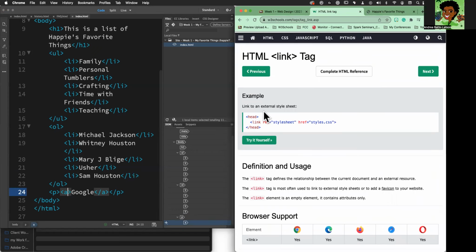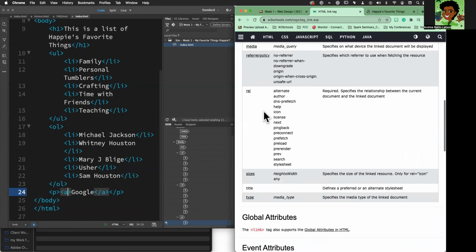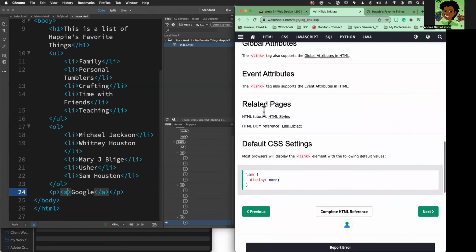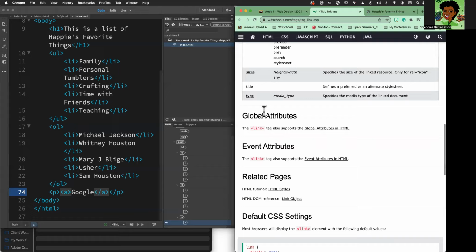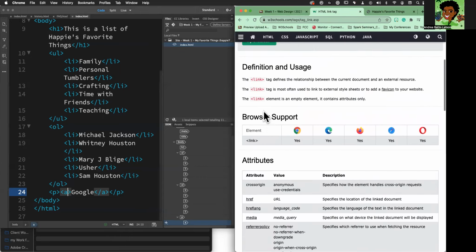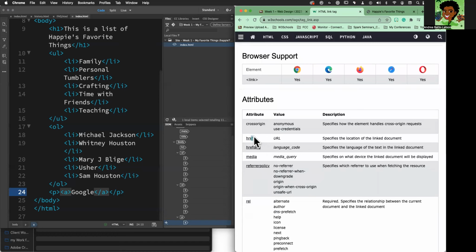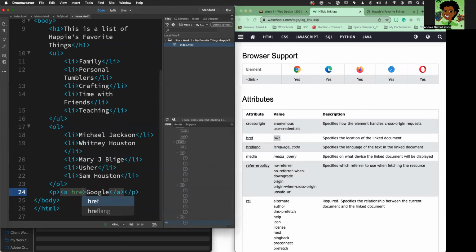So this is a different type of link. This is a link for external style sheet. But if you want the links for your pages, right here. Okay, so href, that is how we reference, that tells it where this link is going to go. So in our case, we're going to go to Google. So we need to put that URL in there, which means it's a full URL. So right here, I'm going to go to href, like it says, equals,